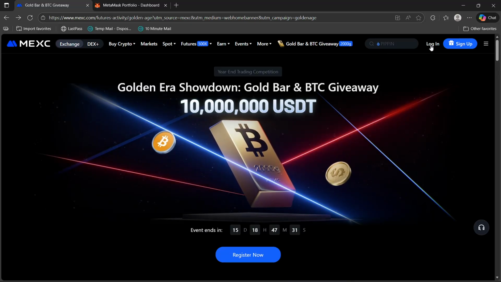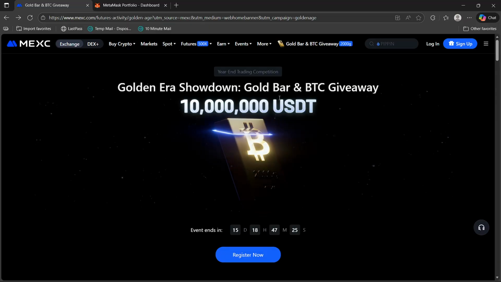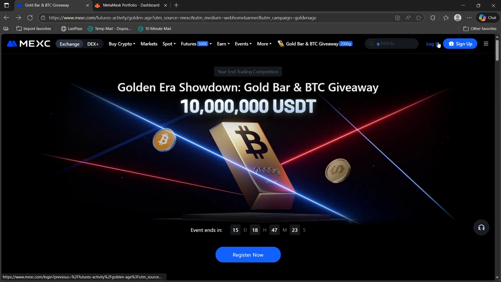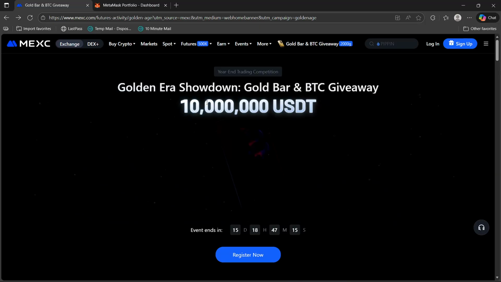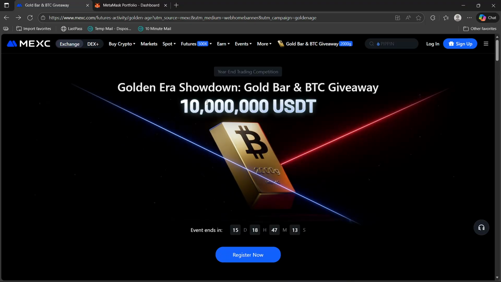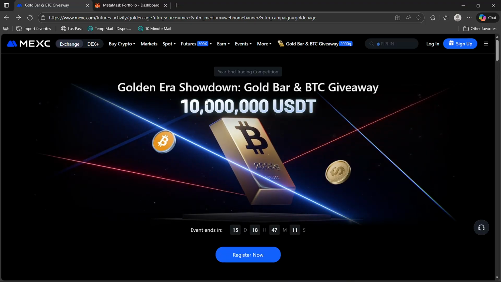you will have to log in to do this. And here you should see your wallet as well. So it should be visible right here if you've already logged into your account. And what you will have to do is select wallet, and then click withdraw, and then select USDT. Then you will paste your MetaMask wallet address, and then you will select the correct network and enter